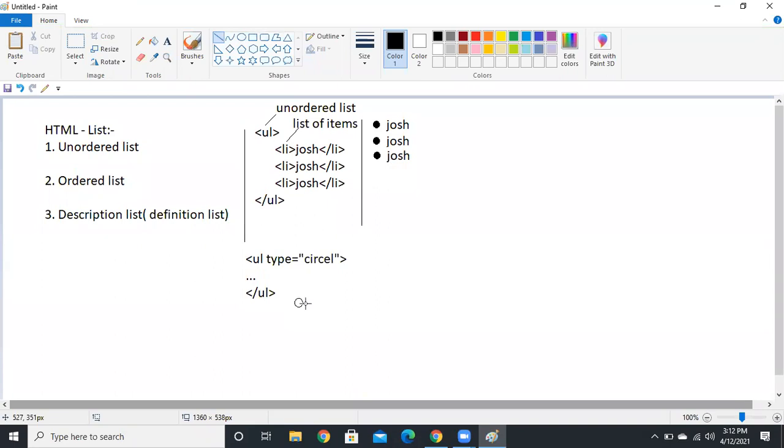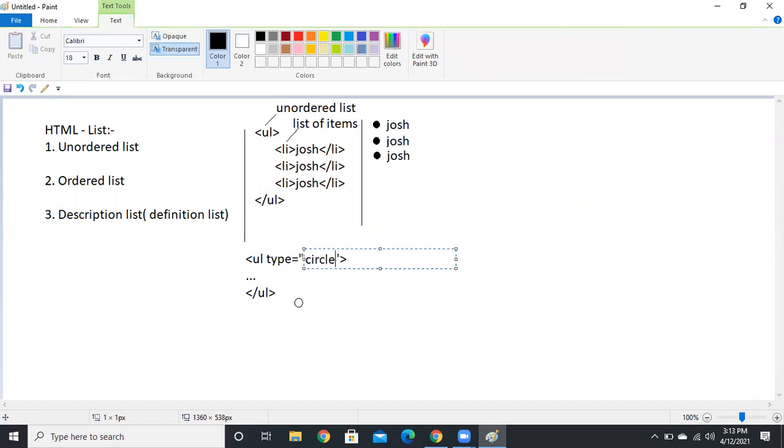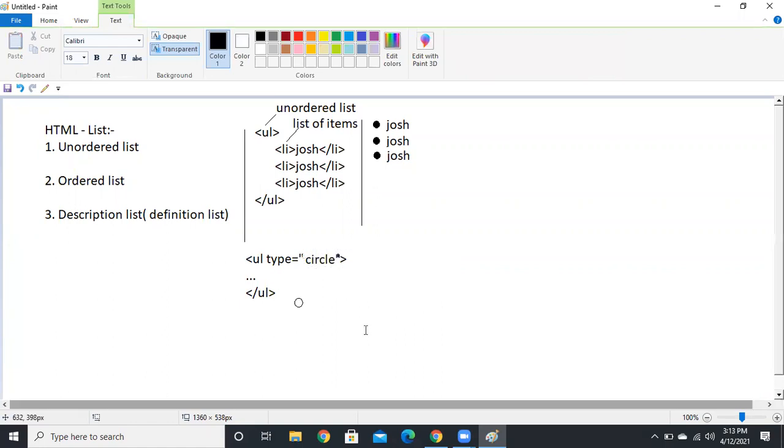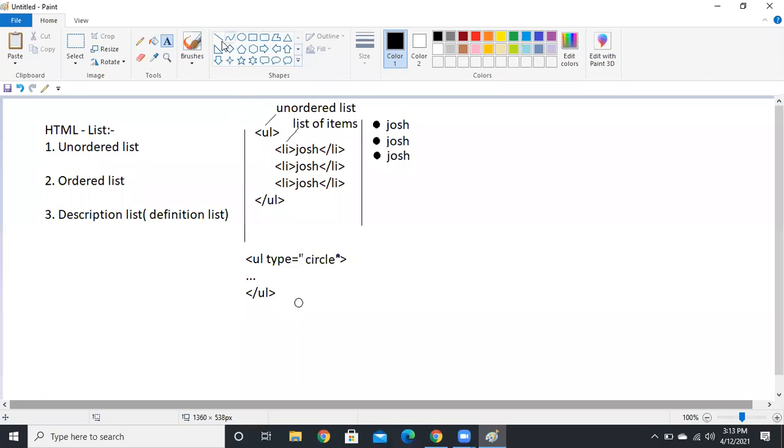Mistake now. Okay, sorry. It's okay. Yes, circles. See guys, you get this circle, and your content will look nice. In the bullet point place, you will get that circle.